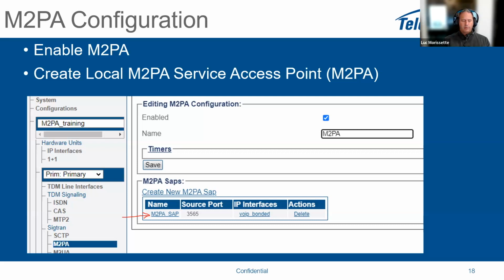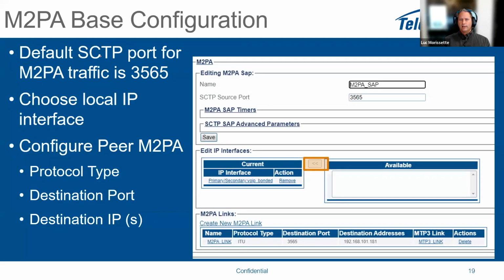Okay? So if we go into this here, when you select one of those service access points, you need to decide on which SCTP source port the M2PA messages will be sent from. 3565 is the default SCTP port for M2PA. So if you don't know which one will be used, you use this one. But actually, when you configure a system, you should always specify which SCTP port you will be using